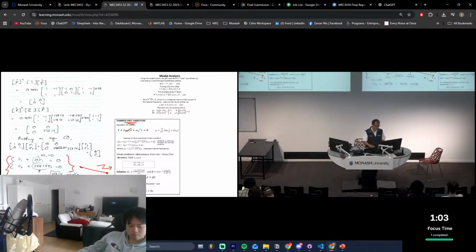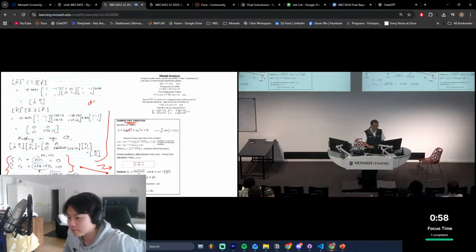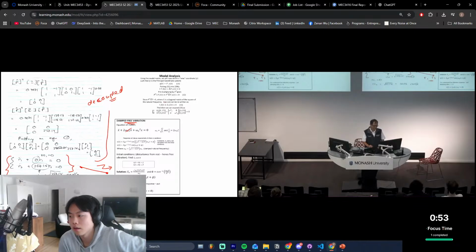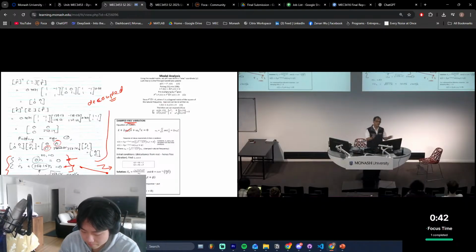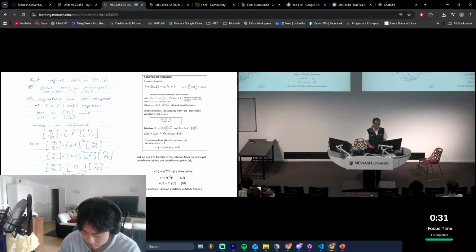Okay? So this equation is now totally decoupled. Why? Because if you look at this equation, this is all in terms of R1 and this is all in terms of R2. The R1 and R2 don't interfere with one another. They are mutually independent. Alright? So, now, having solved things in R1 and R2, and if I want to bring it back into our physical space,